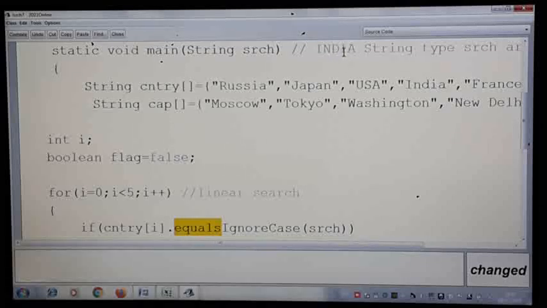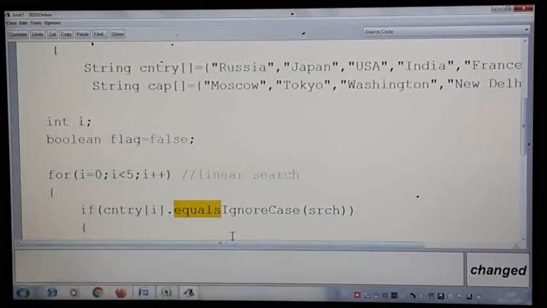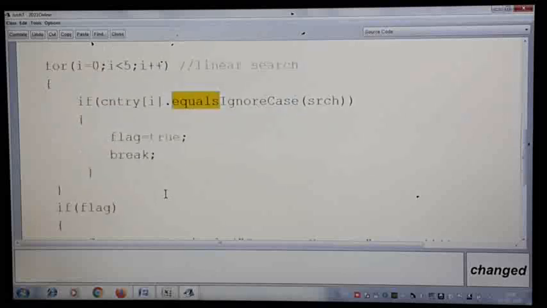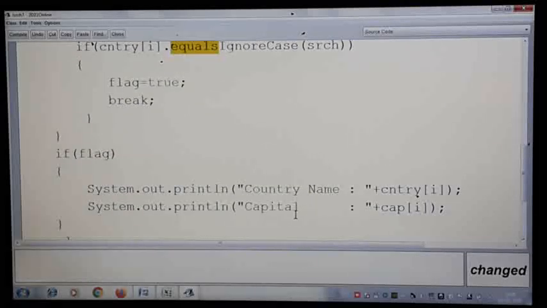Why? Because uppercase and lowercase are treated in a different way. That is the reason, instead of equals, I give equalsIgnoreCase, which ignores the case and goes ahead with matching. The flag will be set to true and it immediately displays the country name and capital.